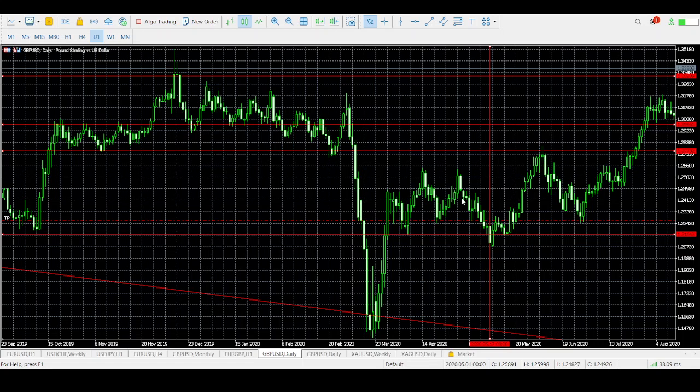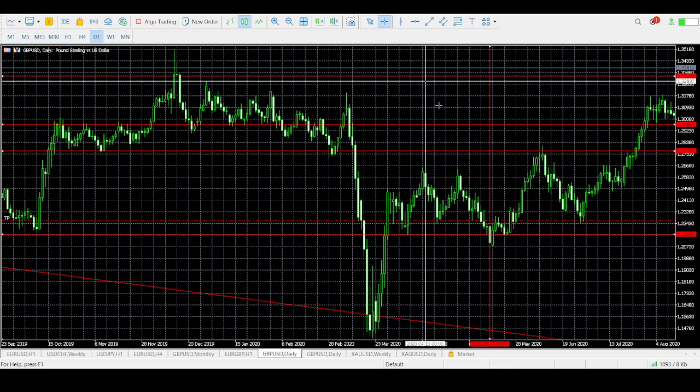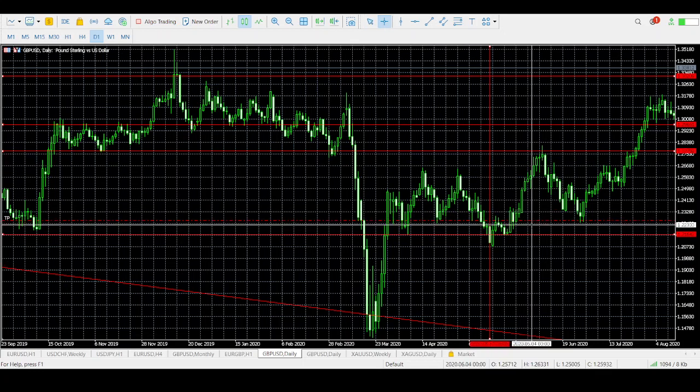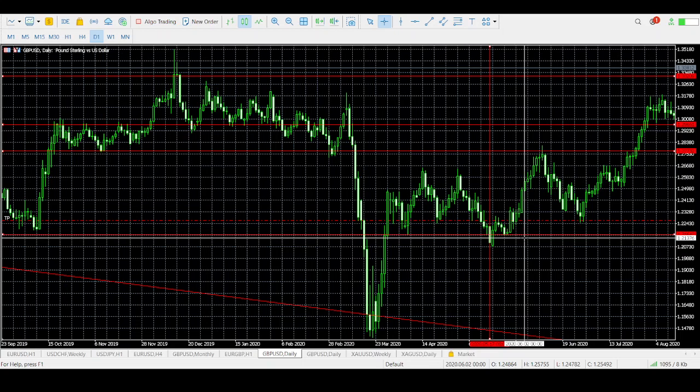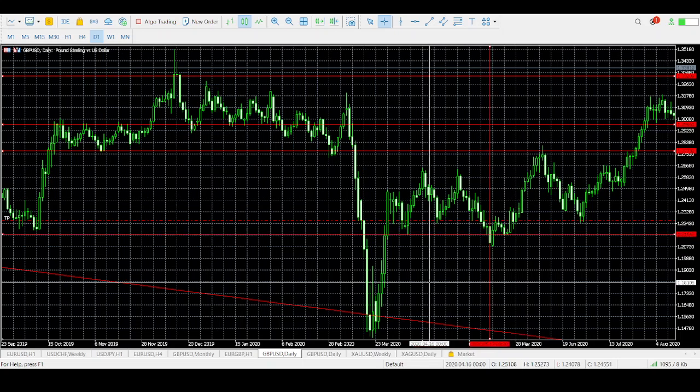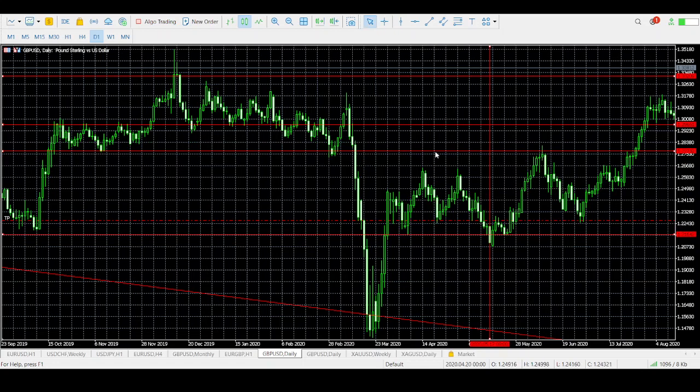Okay, so what's happening here? So basically the price goes up and pulls back down to a position where the buyers are happy to enter. We would put a tight stop loss just below the 50% level of this white candle. So let's say we would put stop loss here, and for take profit we could use something like this mini support resistance level from the weekly chart. Sorry, this weekly horizontal line draws